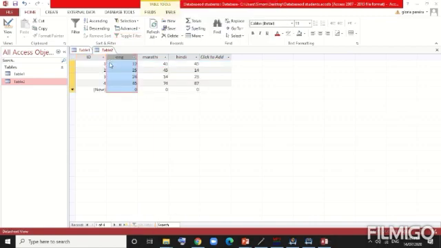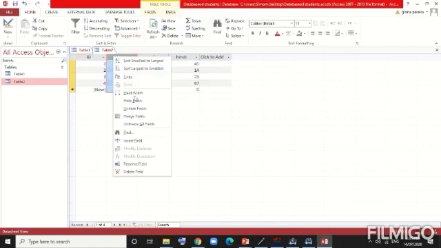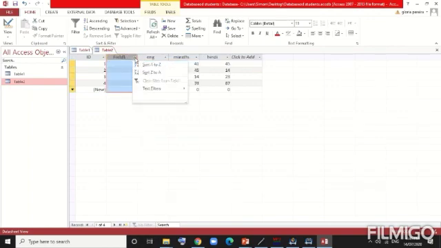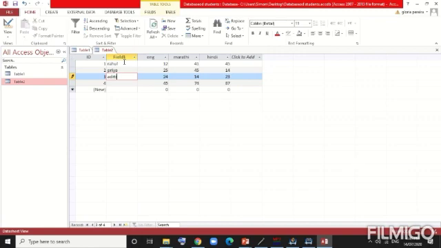I'm going to enter one field over here, which is the name field. So I'm going to say insert field, and this will be the name. I'm going to write some names over here: Rahul, Priya, Aditi. These are some names which I have written over here.